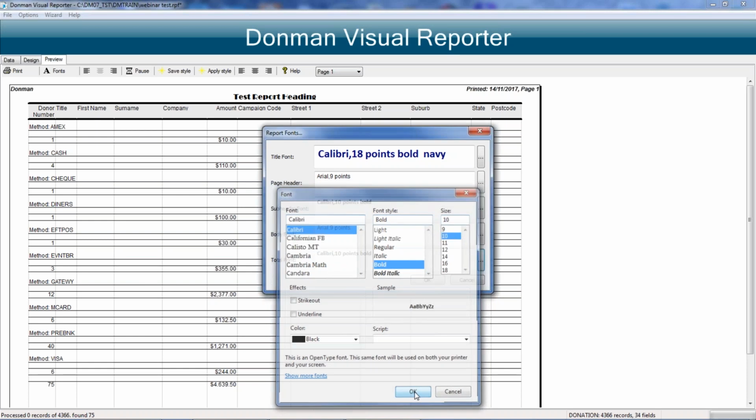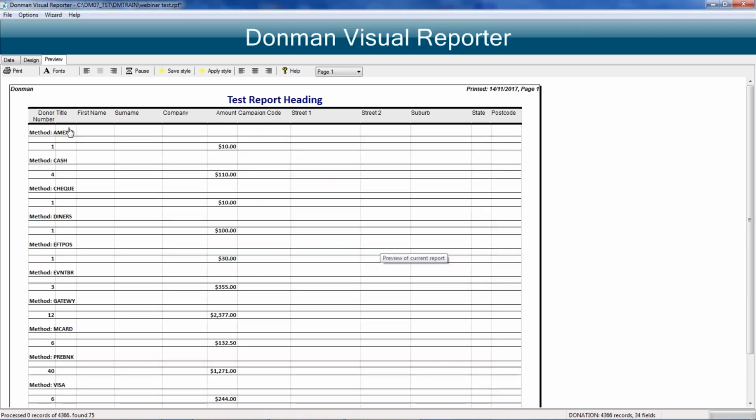Okay, so then OK. So now I'm getting more of these bolded so that I can see that. So even if I had a full data set showing, I could then see all of those details as I go through. If you save the report or you come up with a style where you've said, look, I've set what I want the heading to be, what I want the titles up here, the totals, etc., what you can do up here is say save style, give it a name. So in this case, I've got default